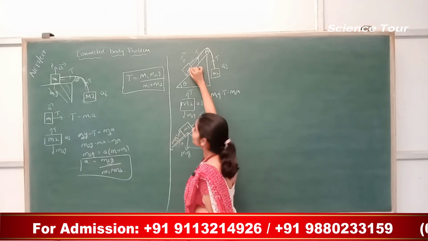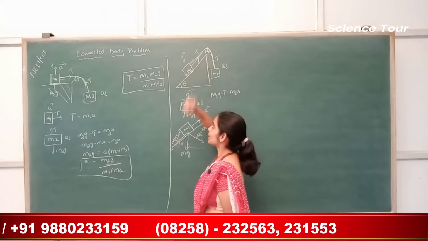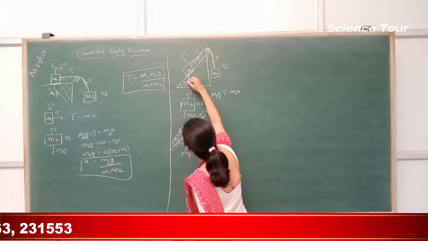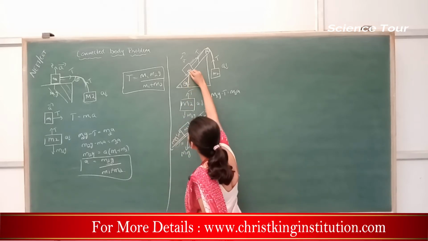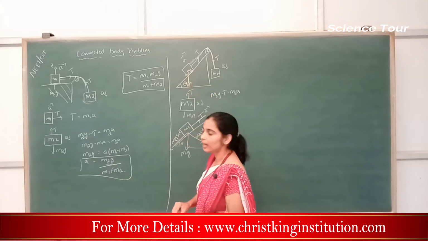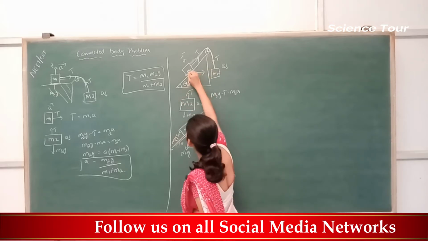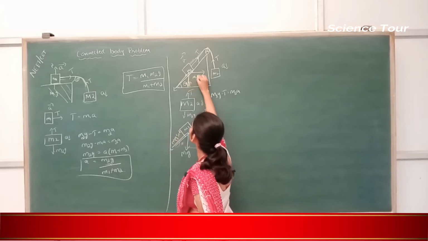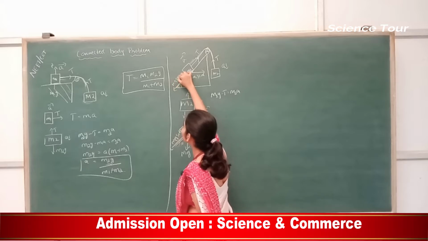So the forces acting on m1 which are not balanced are, one is tension, another one is weight, but weight is not acting along the x-axis or y-axis. So weight is making an angle. This is m1 into g. This m1 into g can be resolved along the x-axis and along the y-axis. What is the x-axis component? m1 into g cos theta. This is m1 into g sin theta.